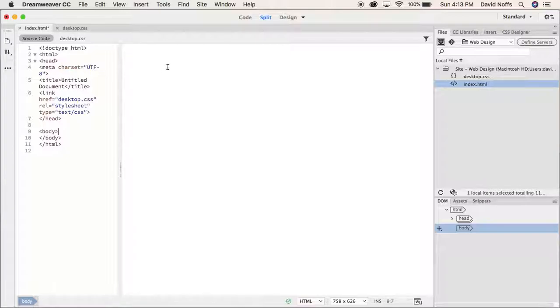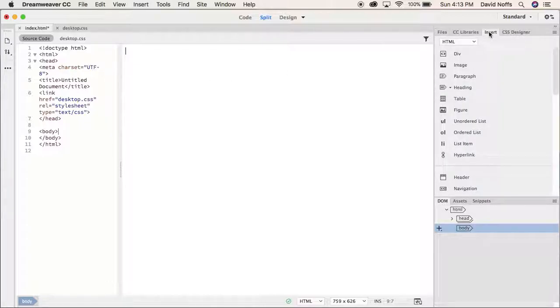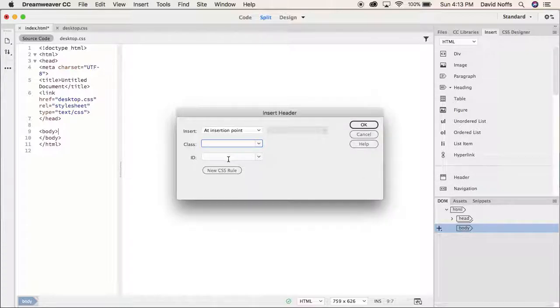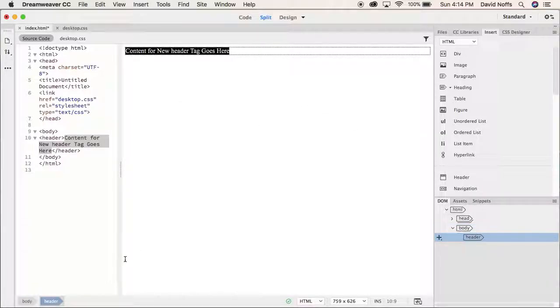If I click inside the body of a document like this, inside my main page, and I go to Insert, and I click on Insert a Header div, and I call it, say, Header, which is fine. In my example, I give it that name, and I just simply type in that name and click OK, you'll notice that it inserts the div, but unfortunately it doesn't give it a hashtag in front of it, making it an ID type of